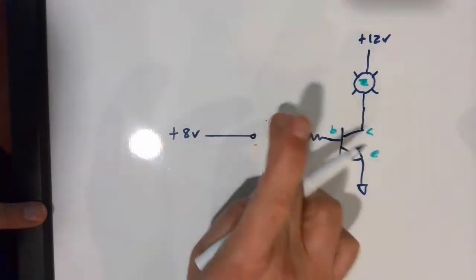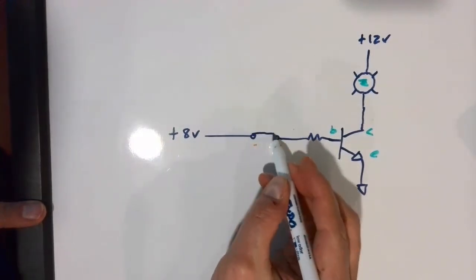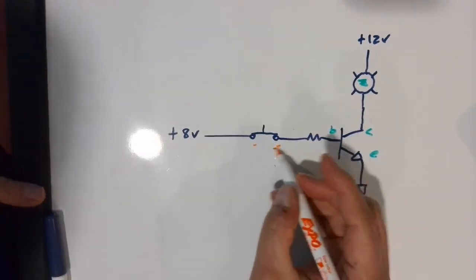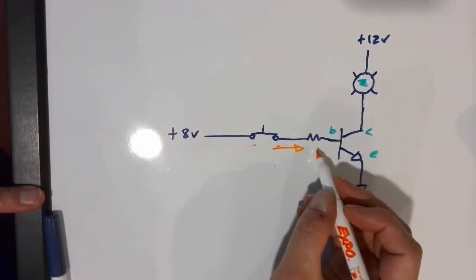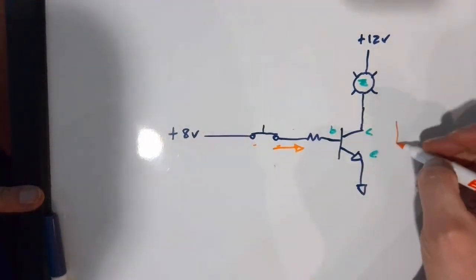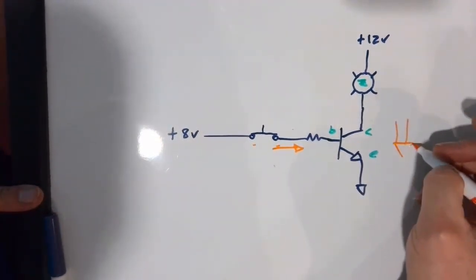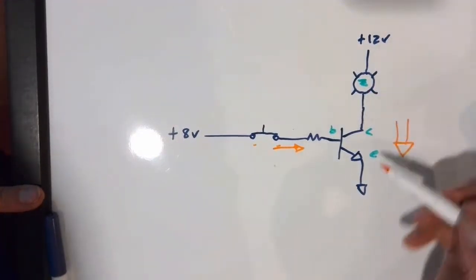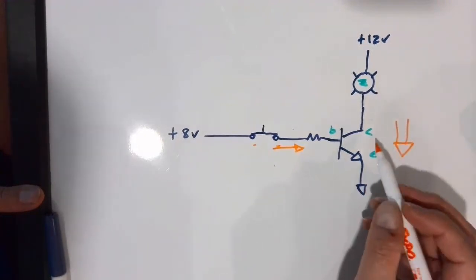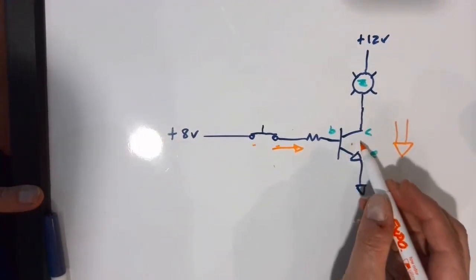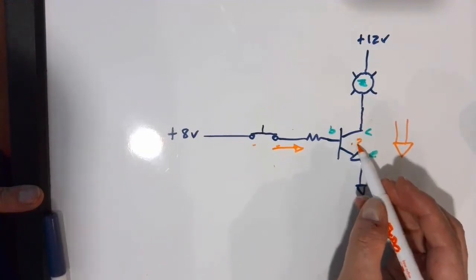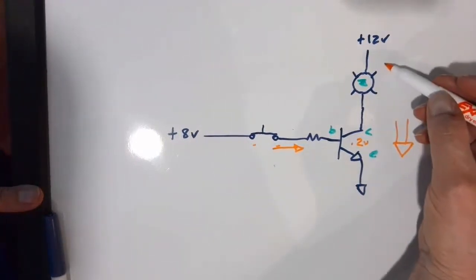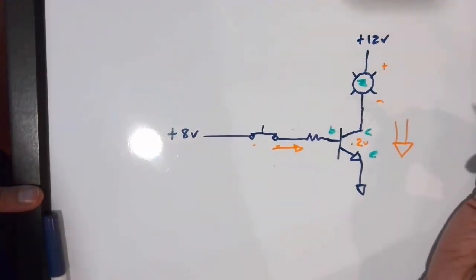However, if we close this switch, it now allows current to flow into the base through this resistor here, and that allows this large current to flow into the collector. And since the lamp is connected between the power supply, the positive 12 volt, and the ground, what happens is we end up getting a small voltage drop here, maybe around 0.1 or 0.2 volts between the collector and the emitter,